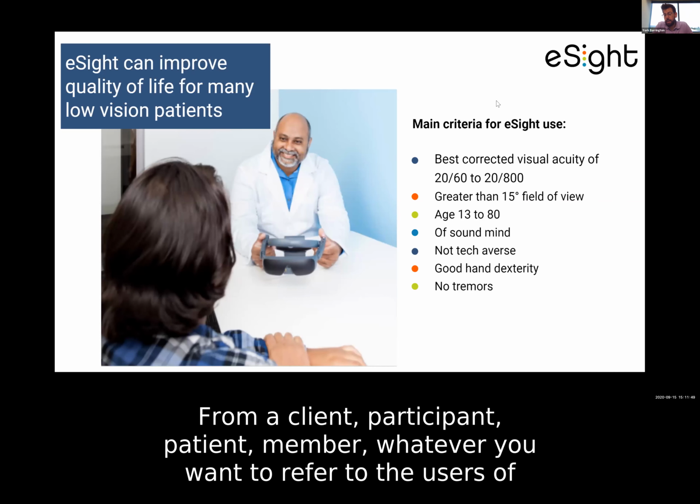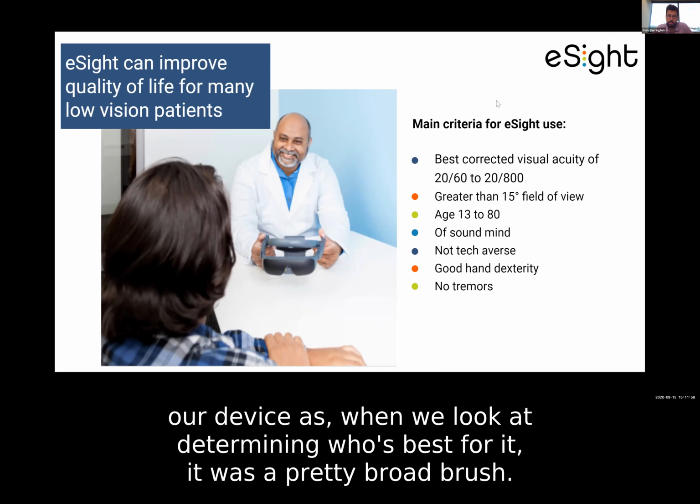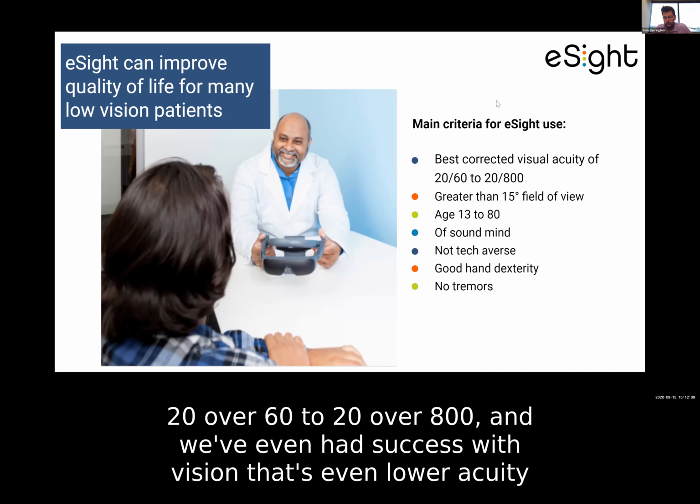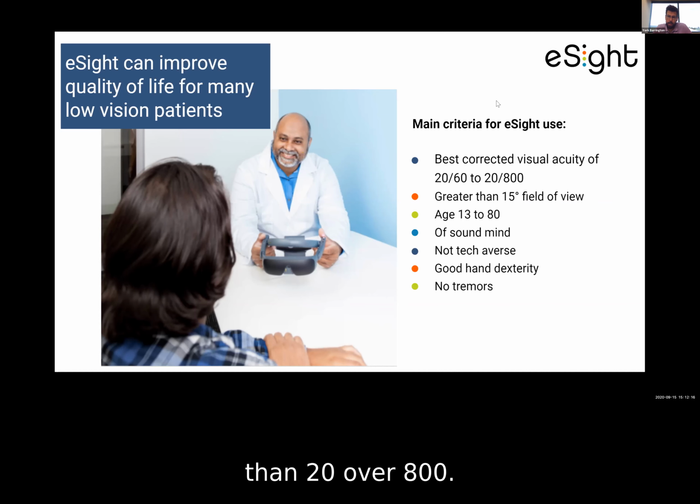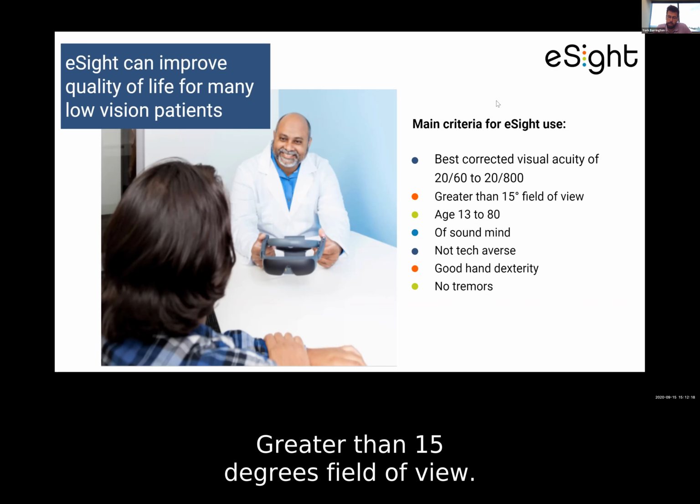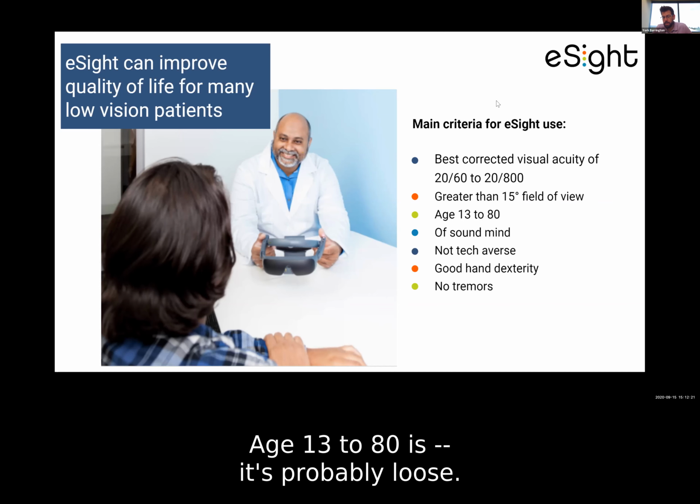From a client, participant, patient, member, whatever you want to refer to the users of our device as, when we look at determining who's best for it, it's a pretty broad brush, 20/60 to 20/800. And we've even had success with vision that's even lower acuity than 20/800. Greater than 15 degrees field of view. Age 13 to 80 is,